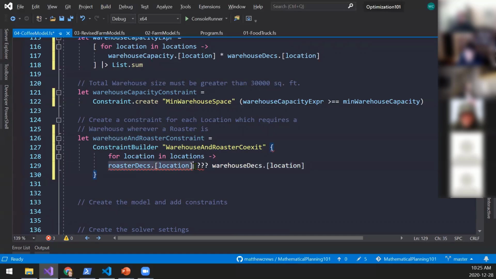If this is a 1, which means build it, this also has to be a 1. If this is a 0, this could be a 1 or a 0. You don't have to build a warehouse if you don't have a roaster. So we need something that says, if you build the roaster, you must build a warehouse, but if you don't build the roaster, you don't have to. So the question is, what operator makes these two Boolean binary decision variables behave that way?